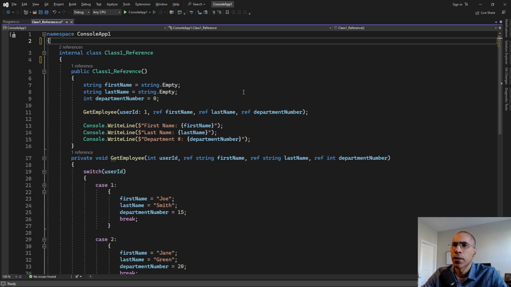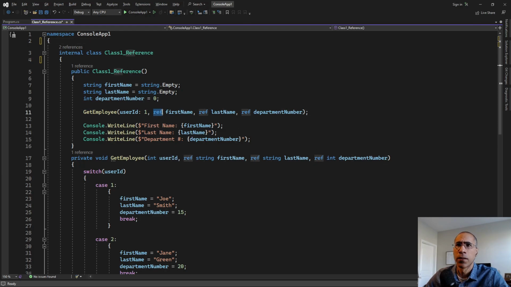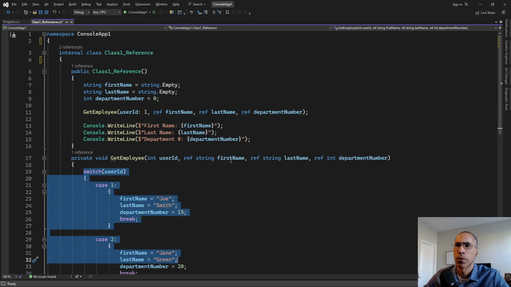When you're utilizing the ref keyword, you want to have ref, or reference, which is the reason why it's called ref, in the signature. And also, when you're calling that method, you need to have ref in front of the variable that you're passing. So what happens with the ref keyword is everything that happens to that variable in the method, it'll be reflected